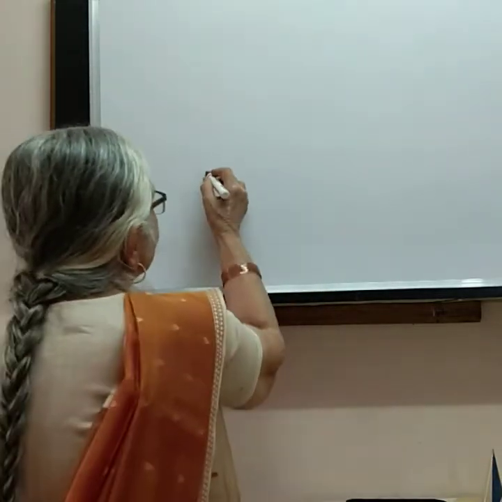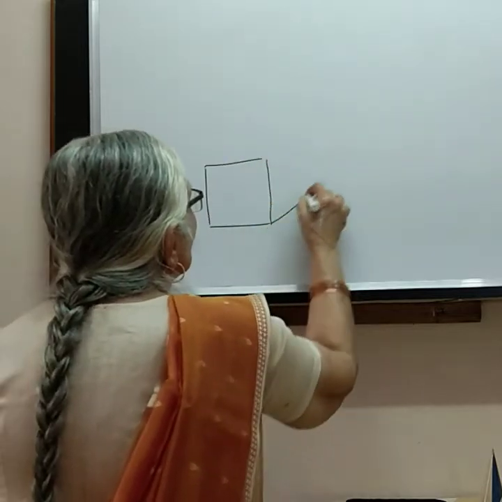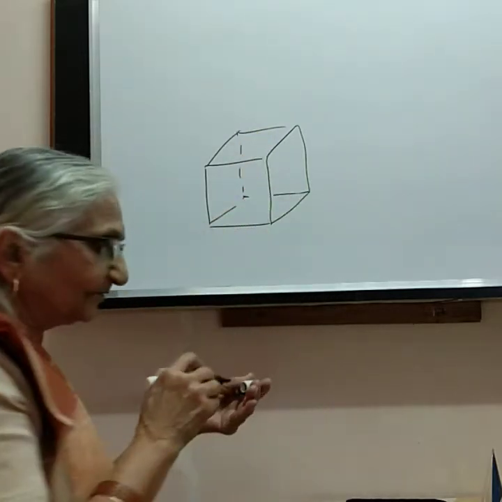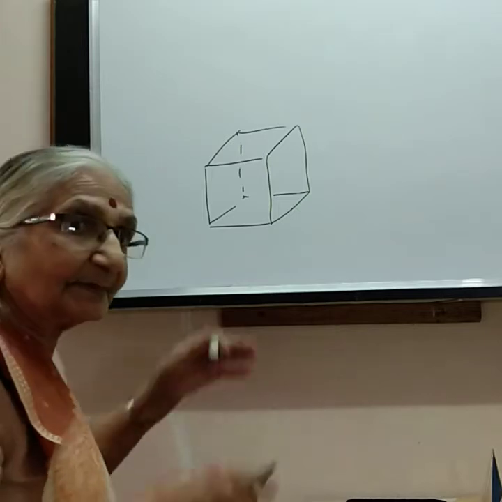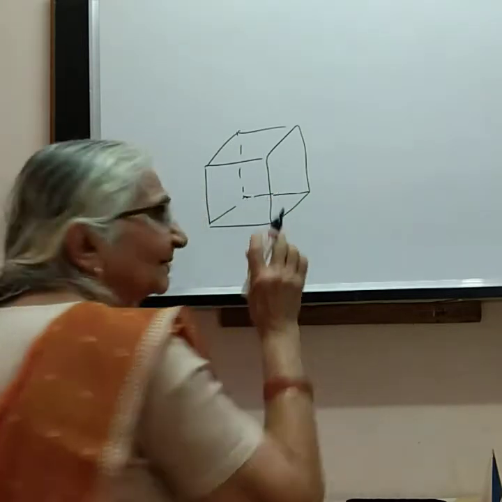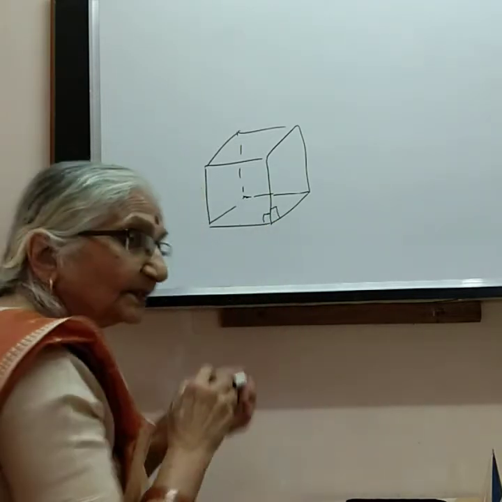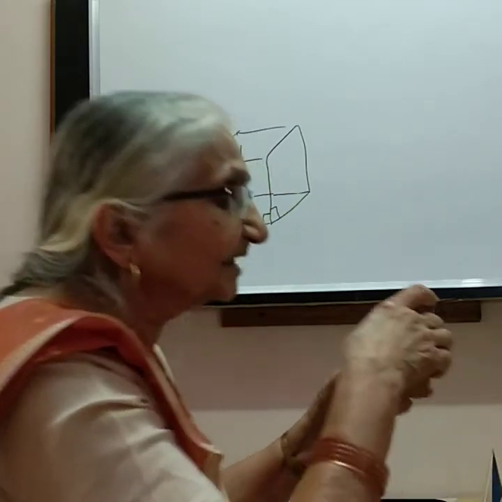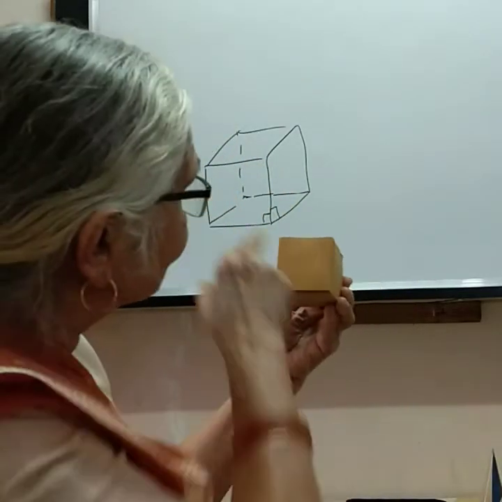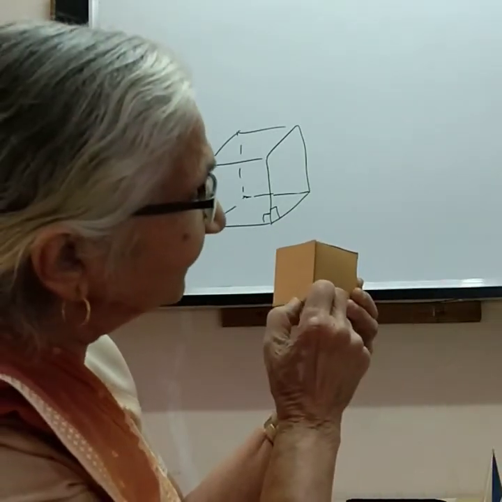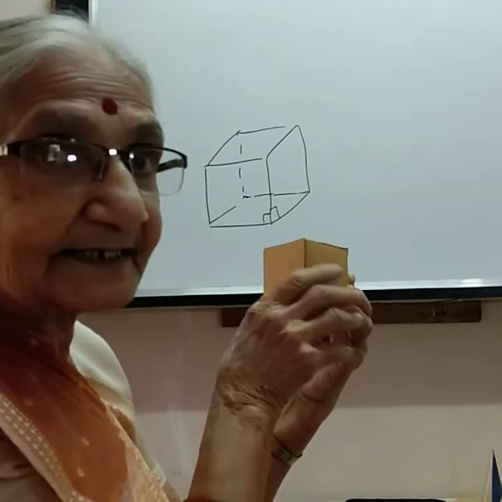So the advantage of these models is, and a very simple advantage is like this, that suppose we take a cube like this. We are not taking it, we are drawing it. And then I tell somebody who is not used to cubes, somebody new to the idea, that this is a right angle, this is also a right angle. It's hard to believe. But if you have seen this, you know that yes, this is a right angle, that is the front face, and this is the side face, which we do not see in line with it, and it is also a right angle, and it doesn't look like a right angle, but it is.